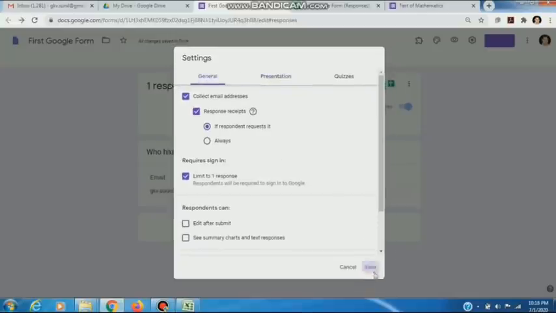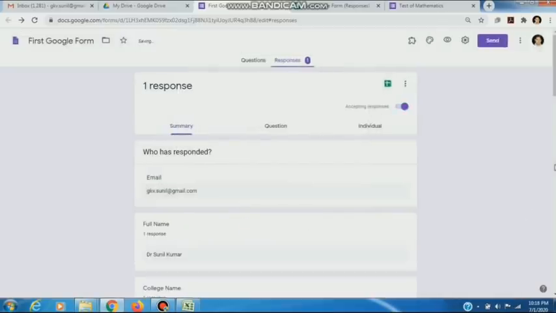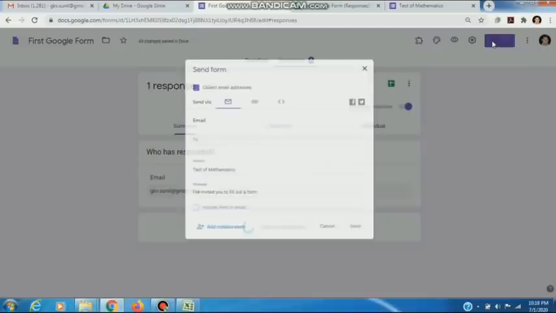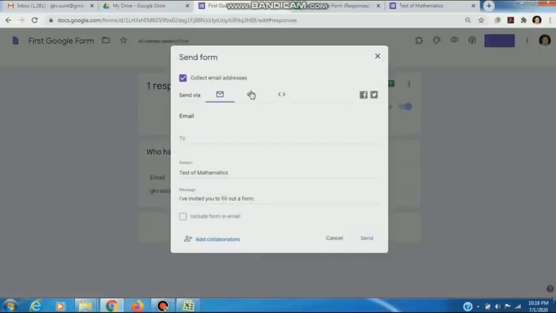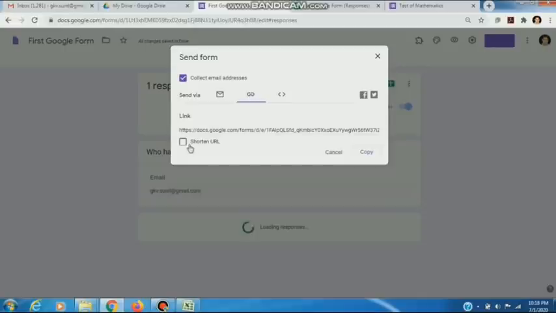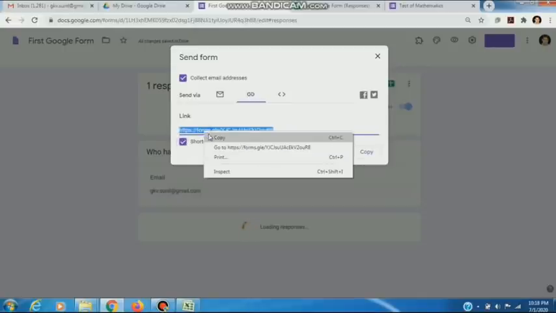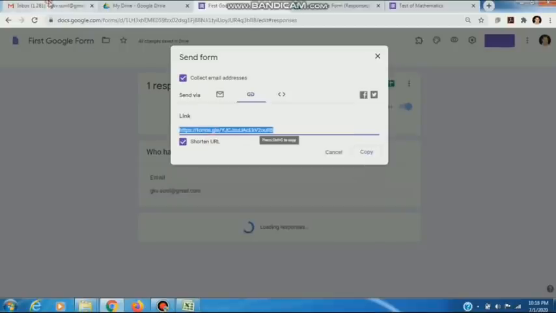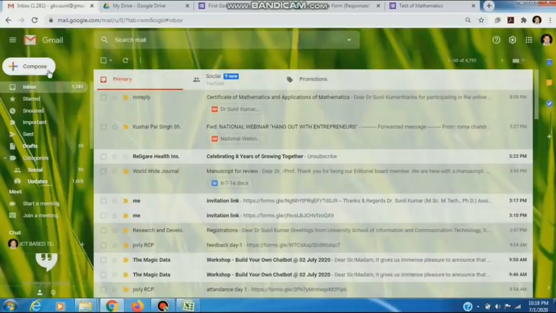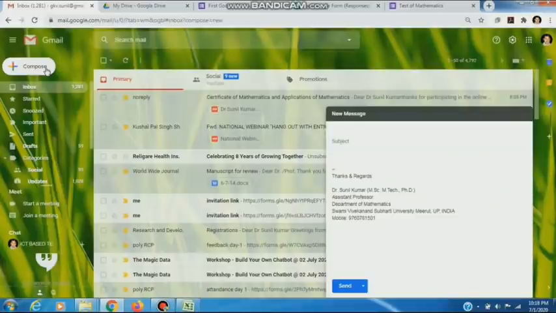Now we have saved it. Now we discuss how to send this form to our participants. We will click on send via link, shorten URL, copy, and we can send it by mail.